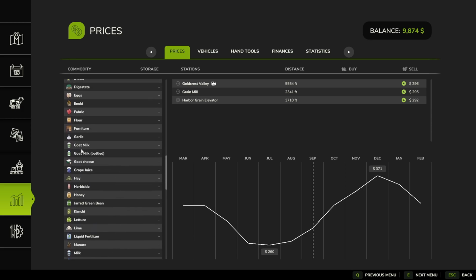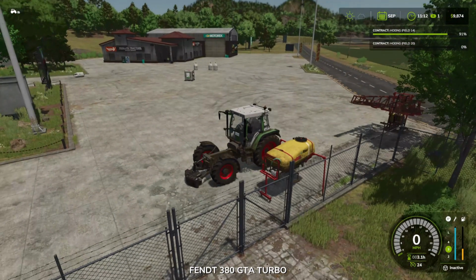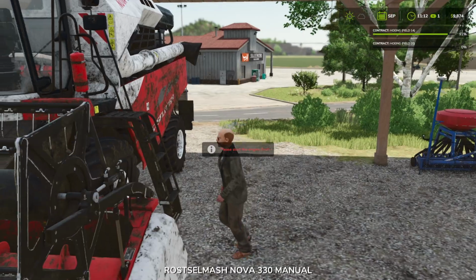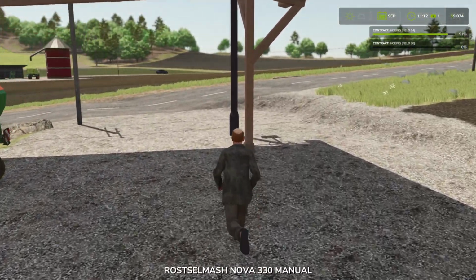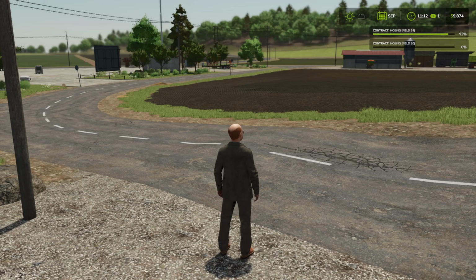We've also got eggs. Now, I don't know when you sell eggs. Oh, if we wait 2 months, we can sell all of our eggs as well. Okay, let's try and get to that this video then. So, we're going to allow the contract that we're doing right now, the hoeing, to successfully complete. And then we're going to...